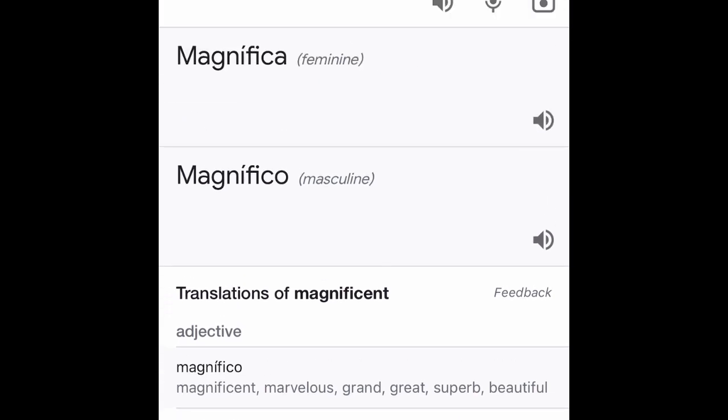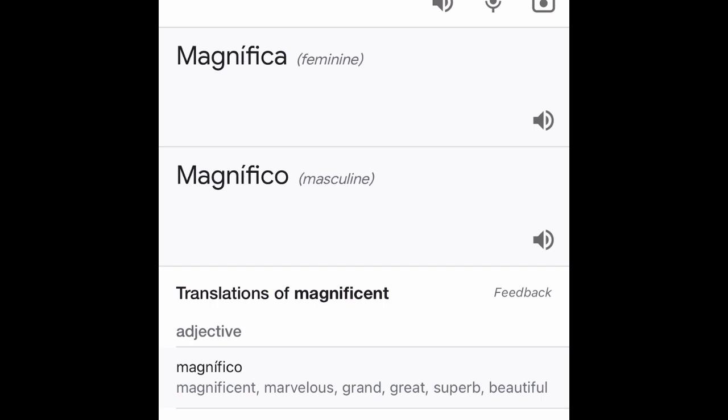Alright, and in the Cuban accent, they say it like this. Magnifico. So you see, the C gets replaced by a G. They're not saying magnifico, they're saying magnifico.